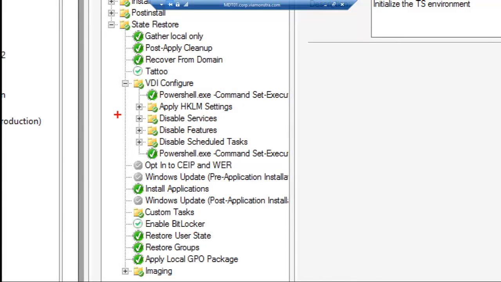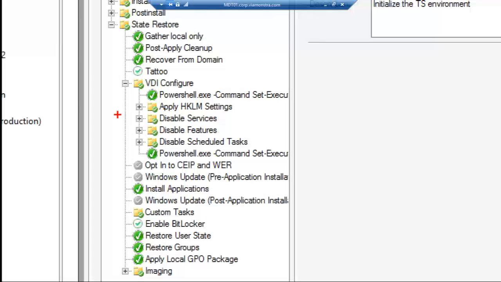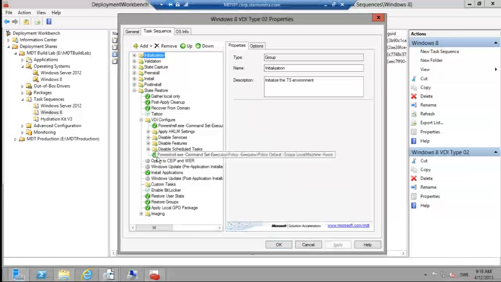There is a bunch of services you don't need anymore. For Windows 7, it's more things to turn off. For Windows 8, it's not that many anymore. Windows 8 is better, and understands VDI's situations better. But still, there's a bunch of settings you might want to turn off. So in this case,